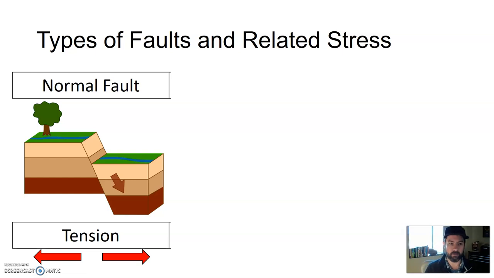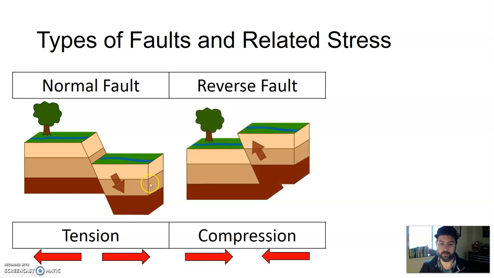The first type of fault that we discuss is what's called a normal fault. I guess this is what normally happens, and it's caused by tensional stress. When something is being pulled apart, like at a divergent boundary, or if some plate is being rifted and pulled apart, you get a normal fault. That's where this block falls down. Whereas a reverse fault is caused by compressional stress, at a convergent boundary, where this block